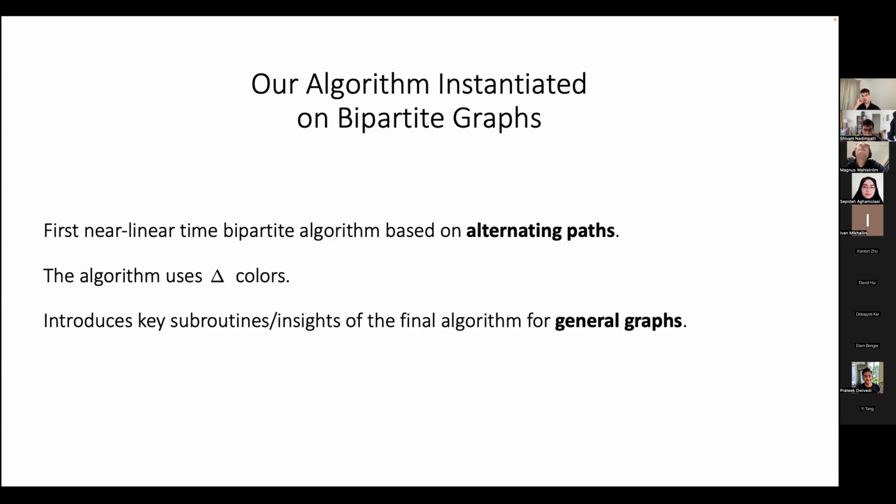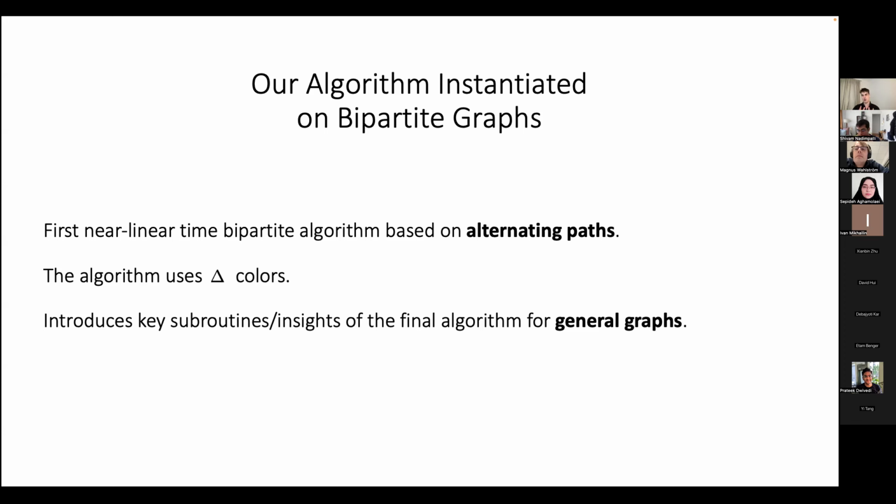Okay, so for the rest of the talk, the main focus will be to explain the behavior of our algorithm on bipartite graphs, right? It's already been known how to edge color bipartite graphs with only delta colors in near linear time for a long time, but that algorithm crucially exploits bipartiteness in a way that does not generalize at all to general graphs. Here, the assumption of bipartiteness will be used purely to simplify some annoying technical details,